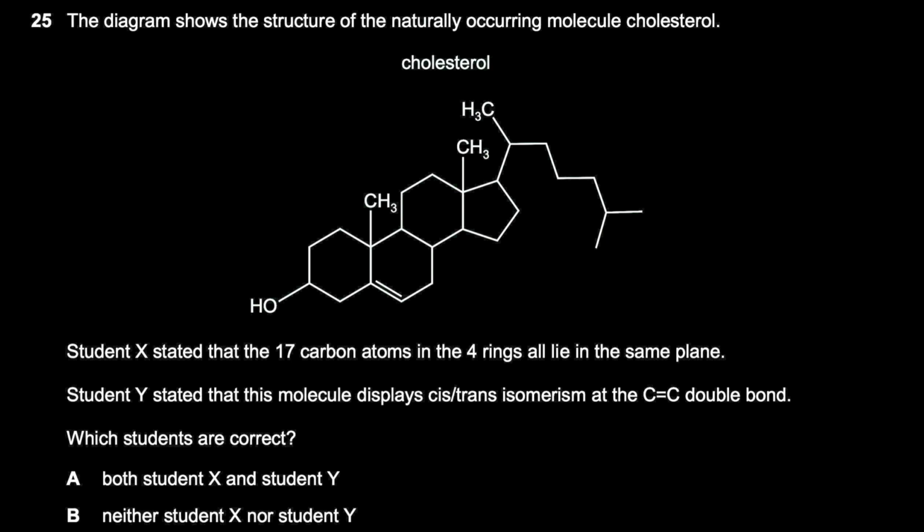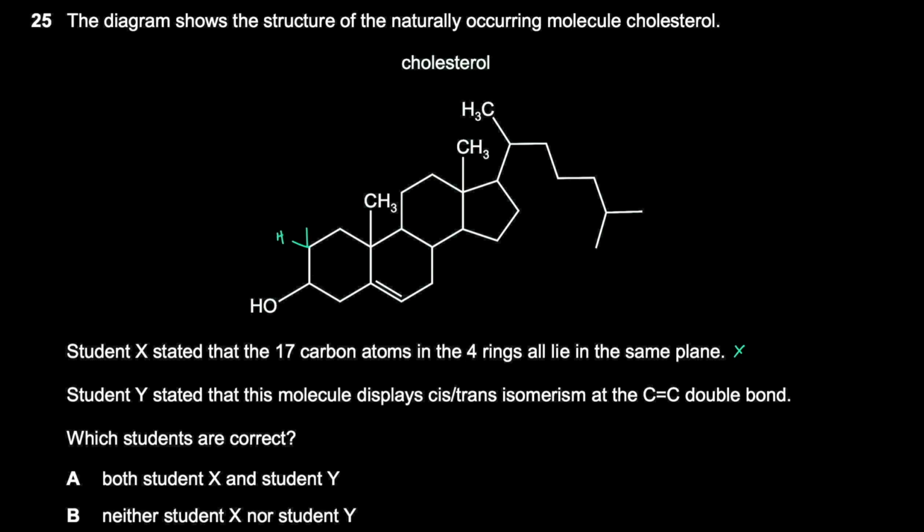So here we have question number 25. It says the diagram shows the structure of the naturally occurring molecule cholesterol. Student X stated that the 17 carbon atoms in the 4 rings all lie in the same plane. Student Y said that this molecule displays cis-trans isomerism at the carbon-carbon double bond. Which students are correct? Well, student X is definitely incorrect because we have tetrahedral carbons here, right, in these rings,